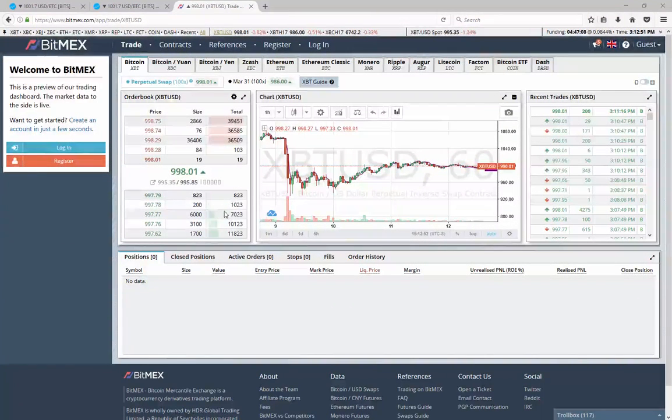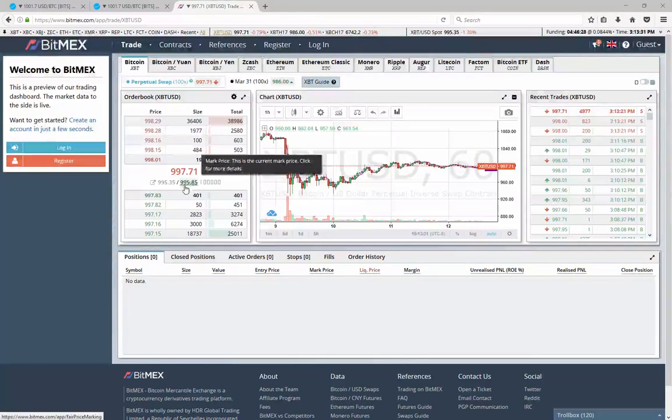So if you wanted to, let's say, hedge the value of Bitcoin through futures contracts, you can use this exchange called BitMEX. This is one of my favorite exchanges to use. And the interesting thing with BitMEX is that you can only deposit or withdraw Bitcoin. So Bitcoin is the base collateral. Now, if you use no leverage on this and you shorted, that would be considered a synthetic USD hedge. So if I owned one Bitcoin and I shorted at, let's say, 998, there would be zero chance of liquidation because I'm not using leverage,